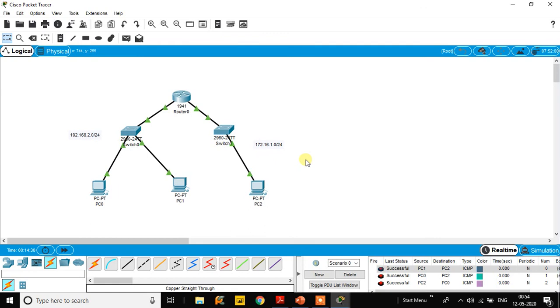So this is about basic router configuration, where we can rename the router name, we can set certain passwords, same like the switch as we have done in the switch. Here in this lab we have seen how to assign the IP addresses to different interfaces of the router, and how different pinging methods can be used.